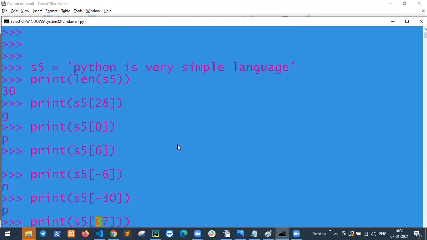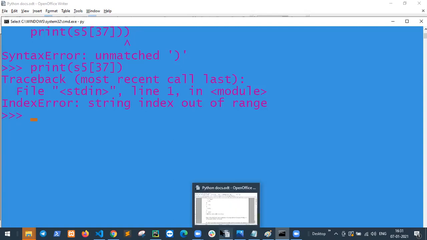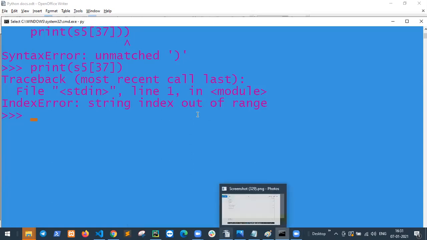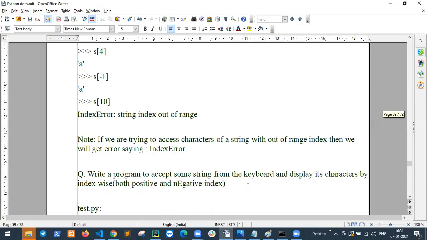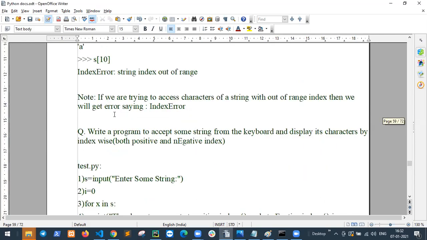So 37 is string index out of range. Note: if we try to access characters of a string with an out of range index, then we will get an index error.